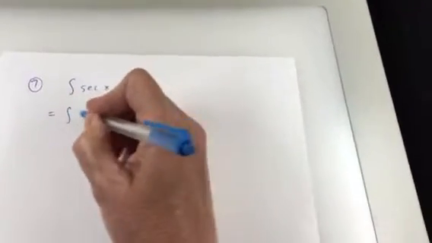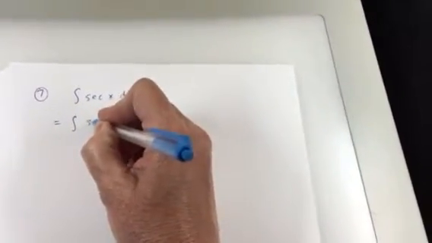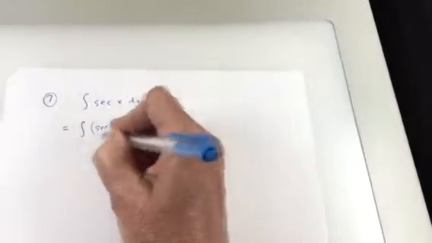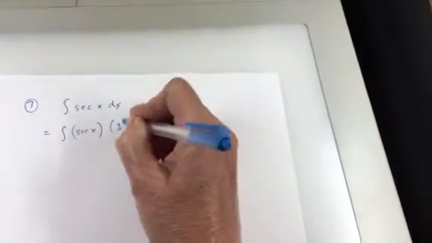So here's this next problem. It's the integral of secant x dx. And as my 8th grade teacher would say, you cannot change the problem. You cannot change the problem. And so this one, I'm not going to change it, but I'm going to write this as secant x times